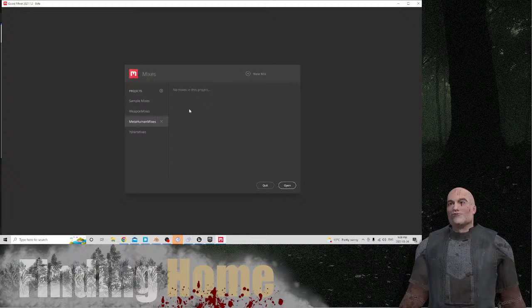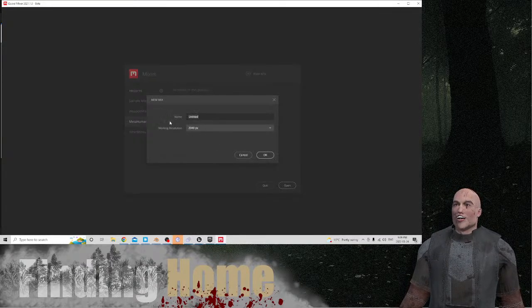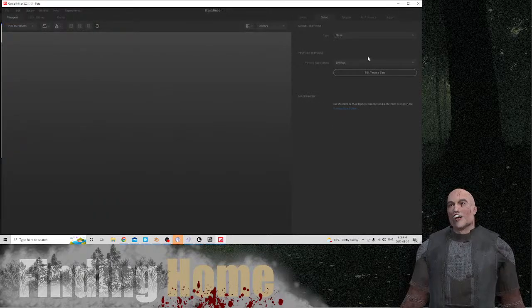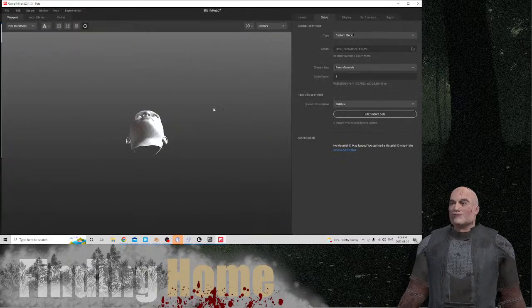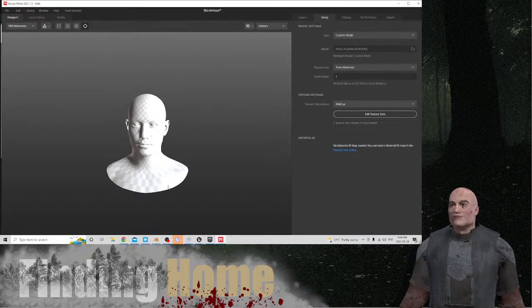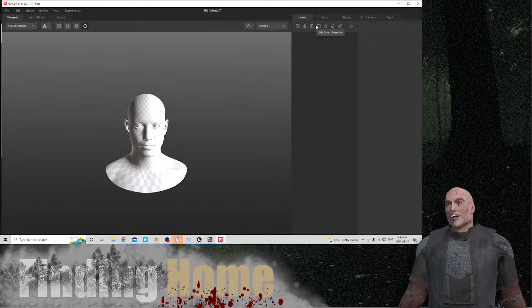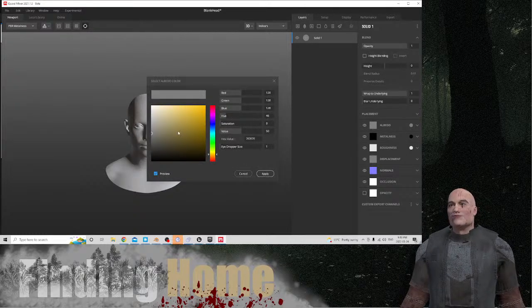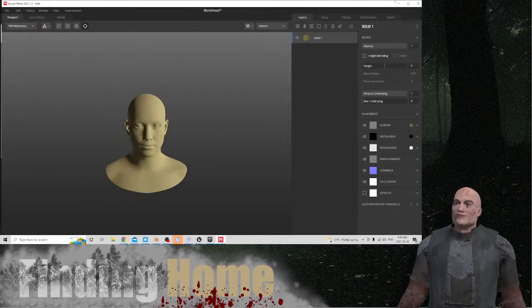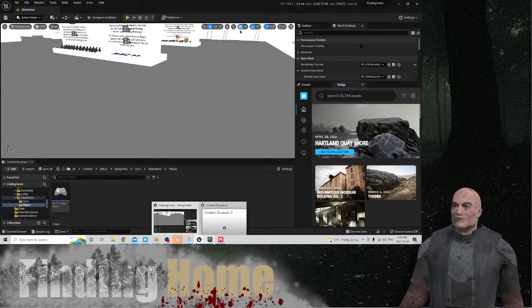Yeah, I use Mega Quixel. You could do new human, make a new thing called blank head, and I could go take this plane, add a custom model. This is just the thing, so I could then go into the layers, add a solid layer, right, and then change this to a brown, you know what I mean? But what I'd probably have to do is I'd want to also export, which I should have kept that other one open. You'd probably want to export